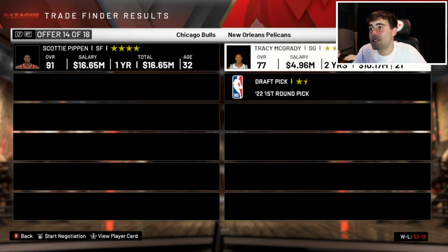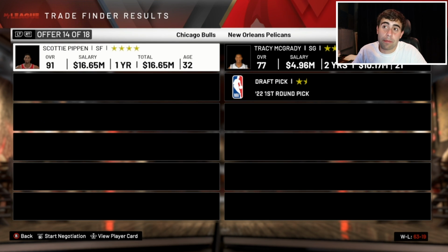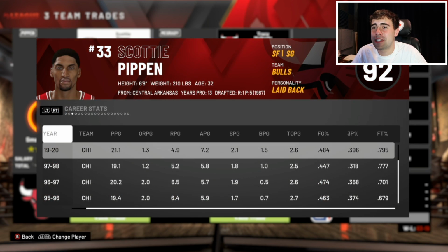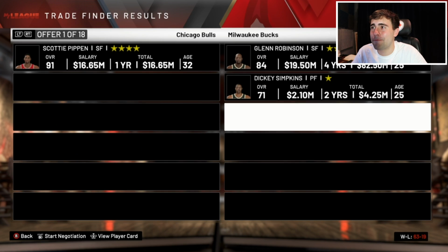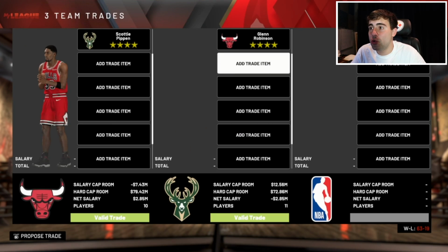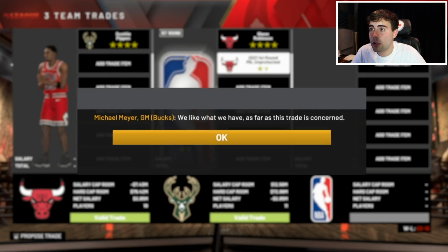Imagine T-Mac and Jordan. I am leaning towards doing that because I'll save 12 mil. I'll get a first. I don't know. Or do I keep Scottie and run it back? You know what? I think I'm going to... Glenn Robinson actually could be somebody we could pick up. You know what? Would you also give me a first, Milwaukee? I'll do it if we get a...